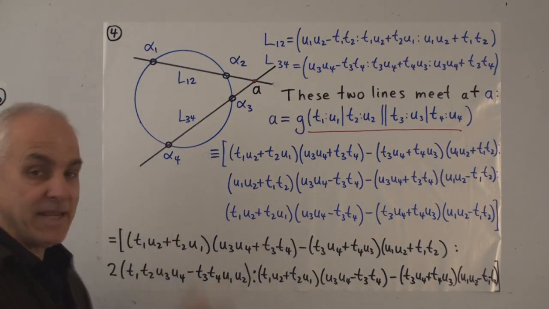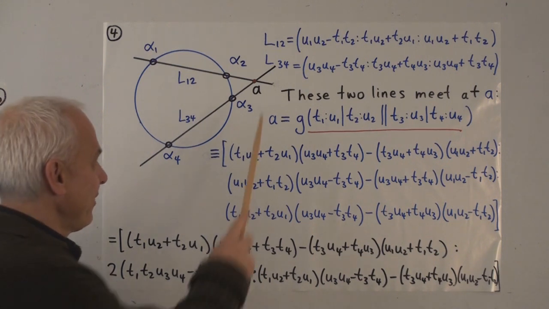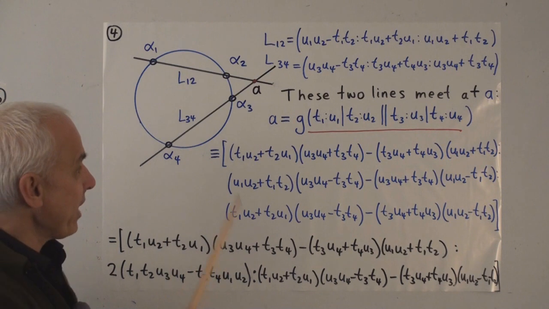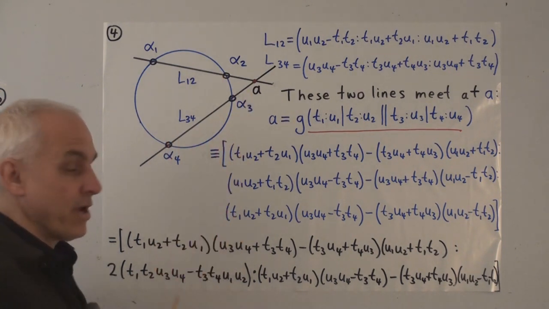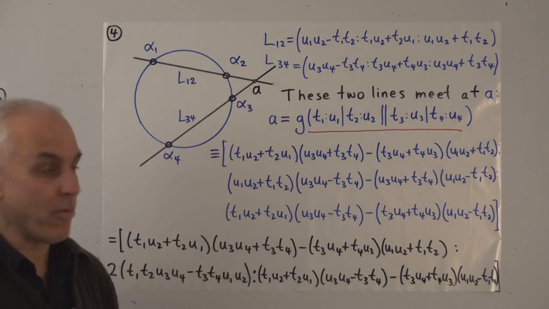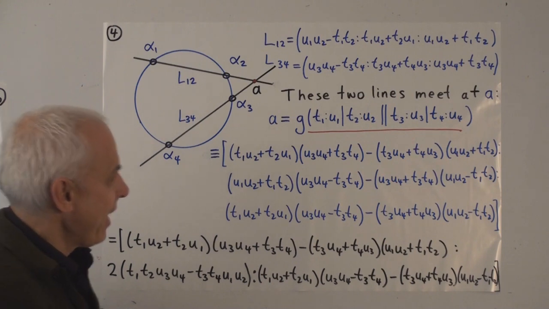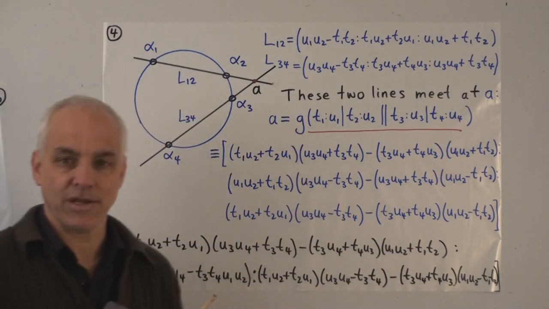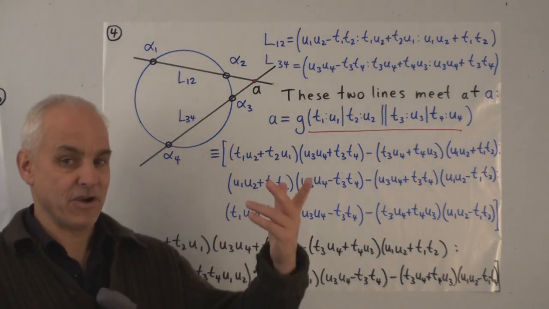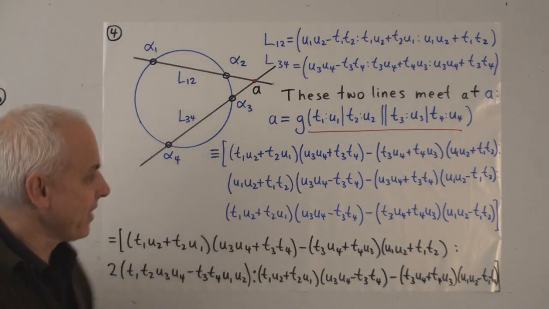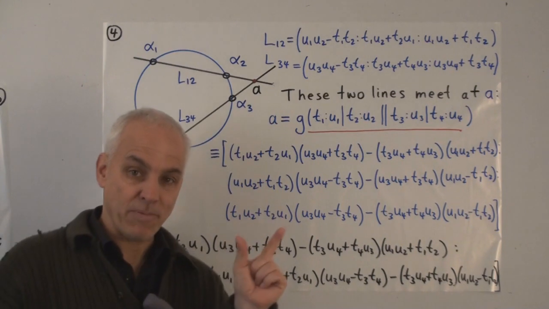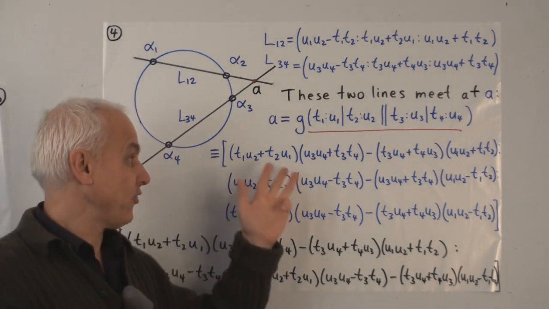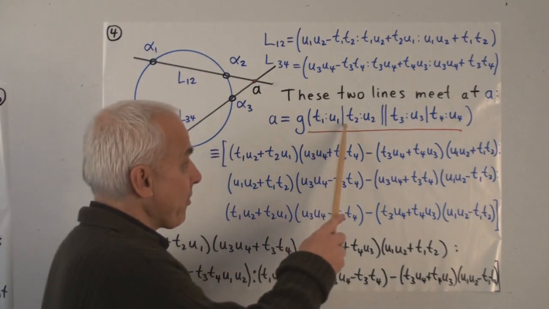Now these 2 lines meet at a point. Let's call it A. That point A is going to depend on all 4 null points, or on all 4 proportions. And let's write it introducing this new function g. So we have an e function, an f function. Now we have a g function. The e function depended only on one proportion. The f function depended on two proportions. And this g function depends on all four proportions.